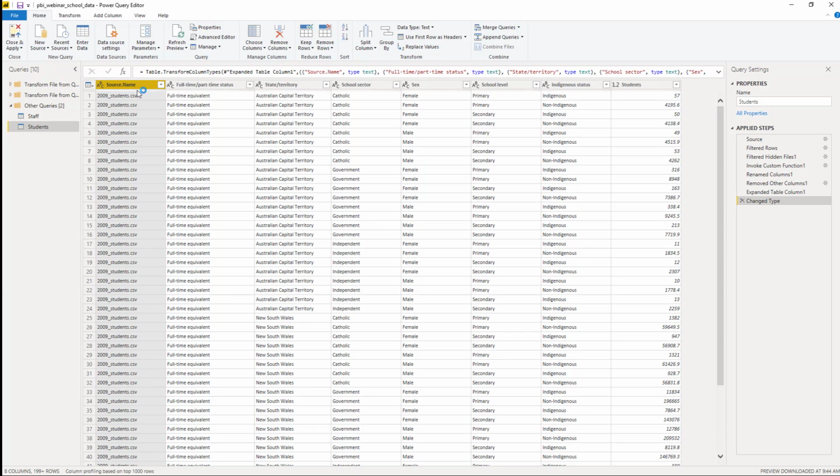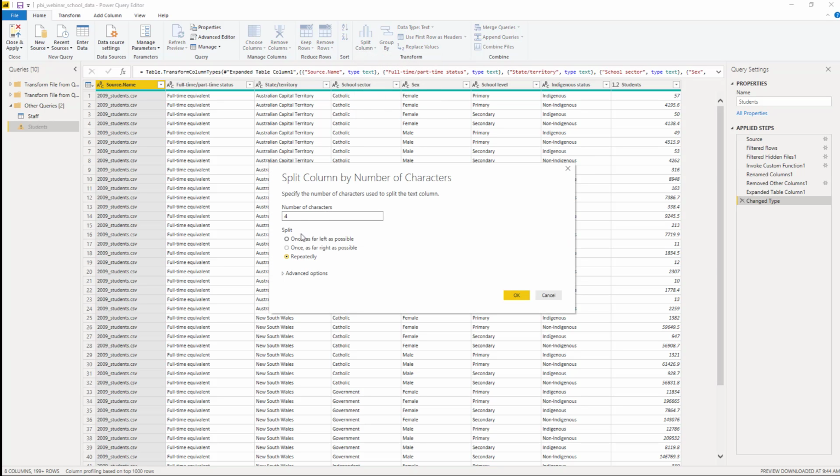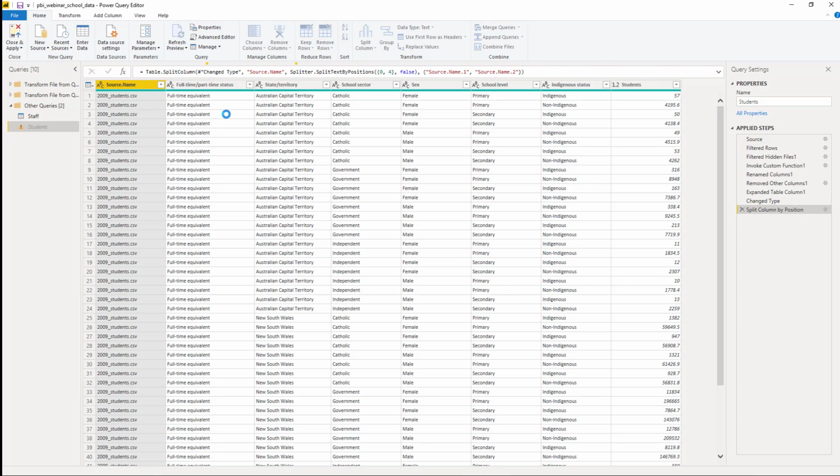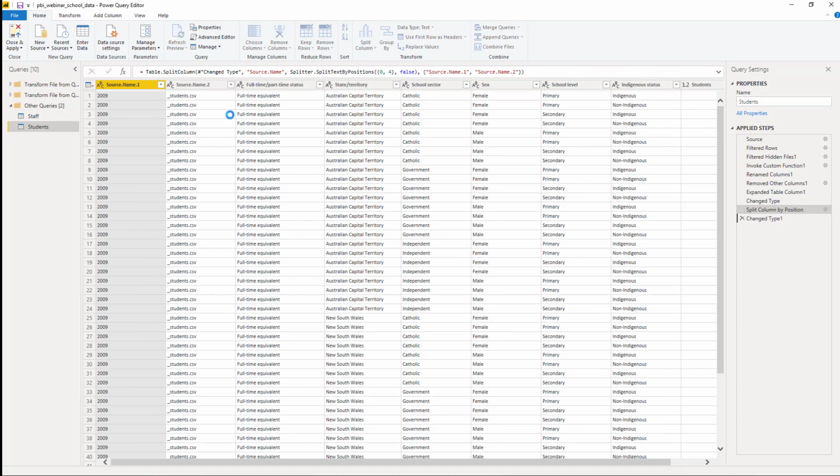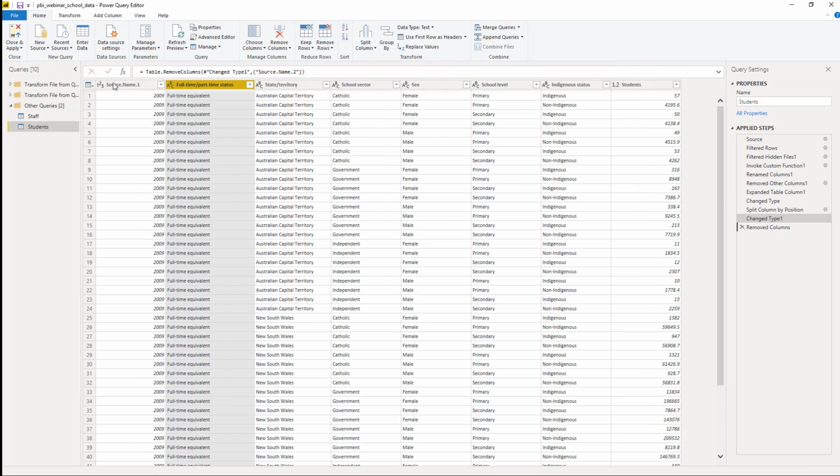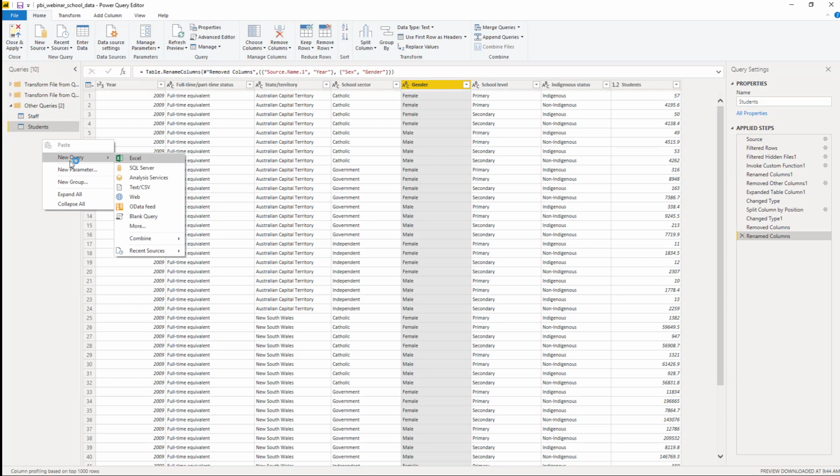And we need to extract the year information from this column. So I'm going to split the column by number of characters, 4 to keep the year data, and click OK. Notice again it's recording all the steps that have been performed so far. Let's delete that column, we don't need it, and we'll rename this one year. And we'll rename this one gender. Okay, so we've got 2 tables, 1 more, new query,